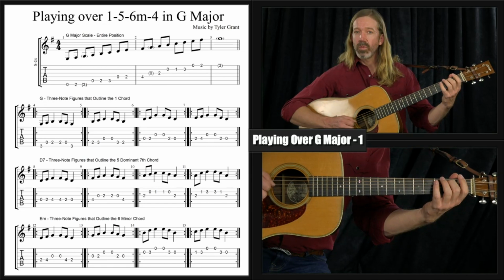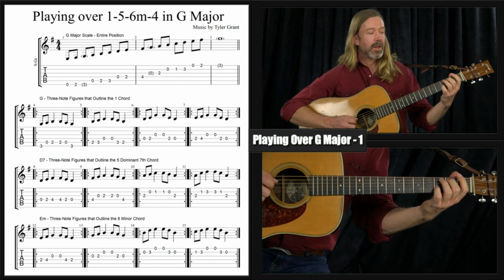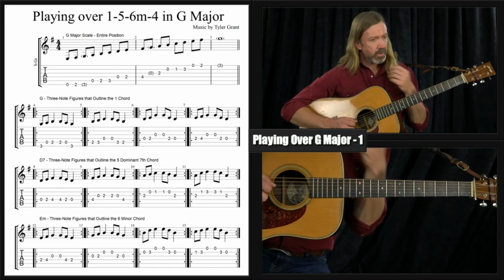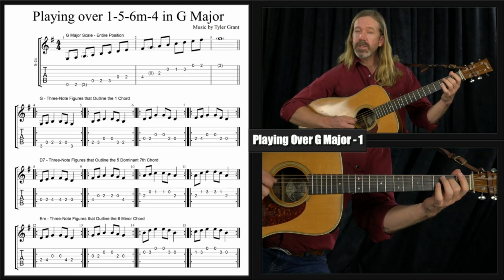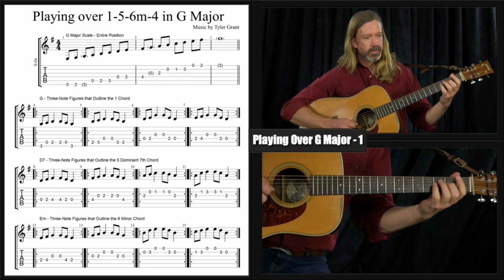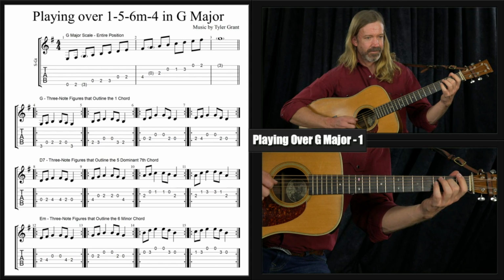The second measure. Ready and go and repeat and great. Then the last two start, well, the third one starts on the 5 of the chord, goes up to the 6, and then skips to the tonic. 5, 6, 1, which is a very common figure, okay? And then right back down. So let's try that. Ready and go and repeat and